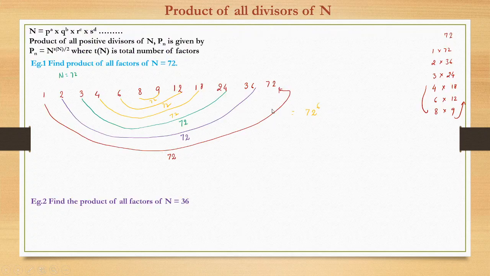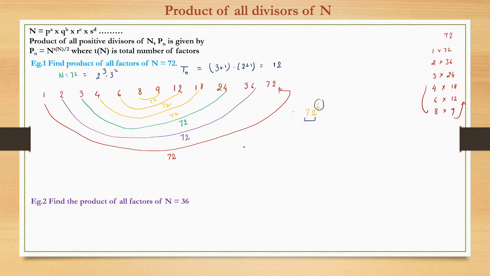But now if you see, there is also a pattern here. The pattern is what? See, 72 is a number, right? And 6 is what? How many factors do we have? I mean, if we prime factorize this, we get 2 raised to power 3 into 3 raised to power 2. So Tn, which is the number of factors, would be how much? 3 plus 1 into 2 plus 1. So this we can get as 12 factors. So this 6 is just half of 12.